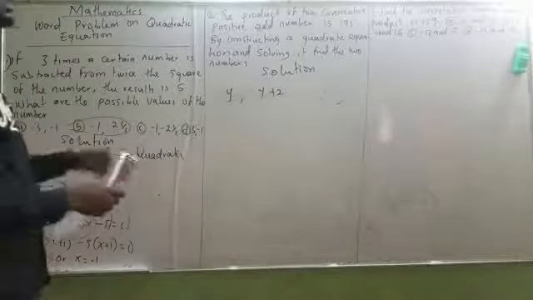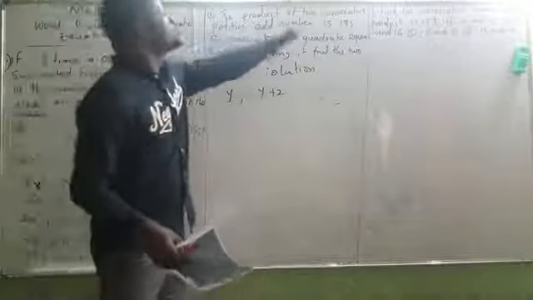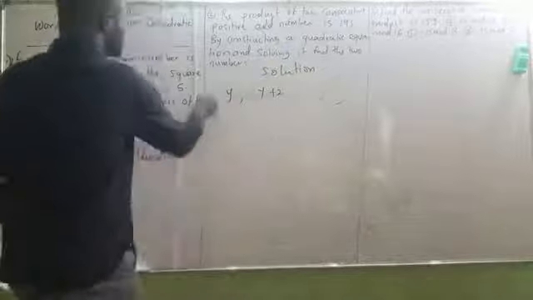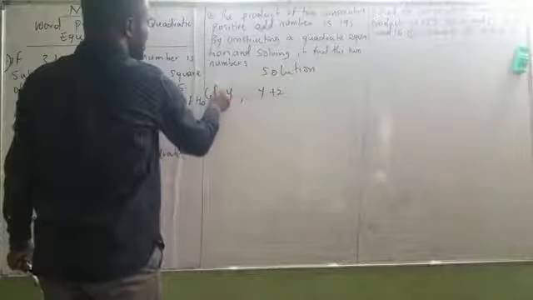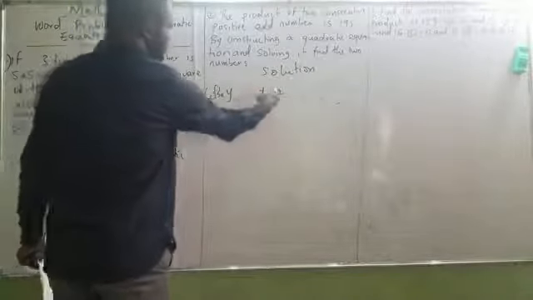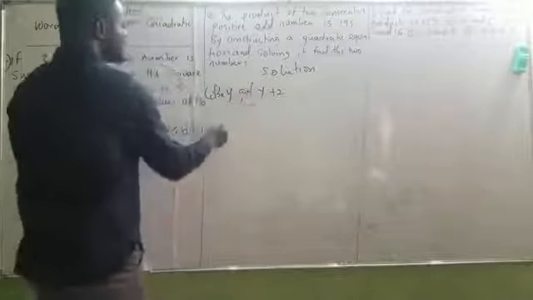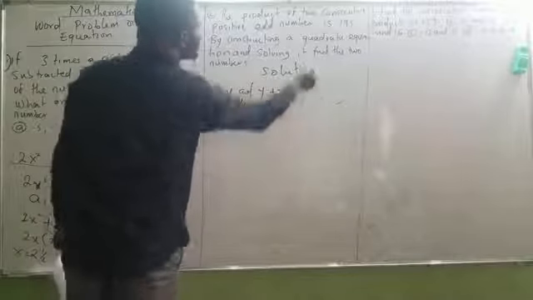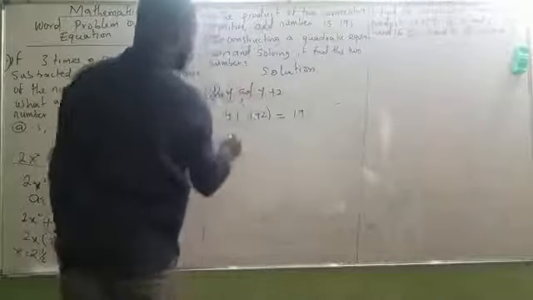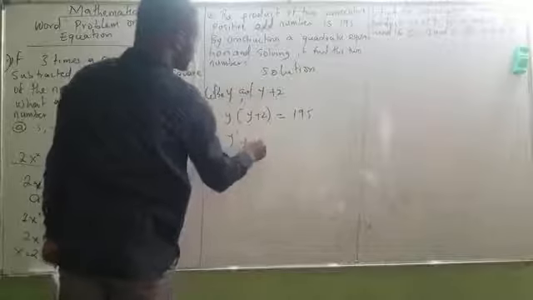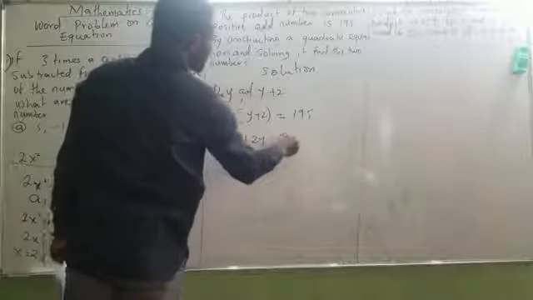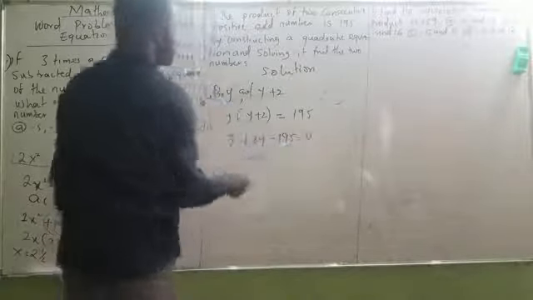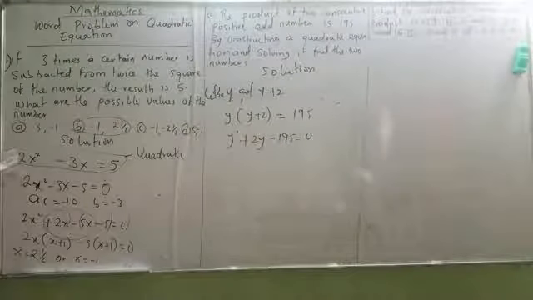Now, since you can interpret that the question is solved, the product of two consecutive numbers, if I let the number be y, it means I will have the product y times y plus 2 equals 195. It means y squared plus 2y minus 195 equals 0. That is what we need to solve there, and by solving that, you are good to go.